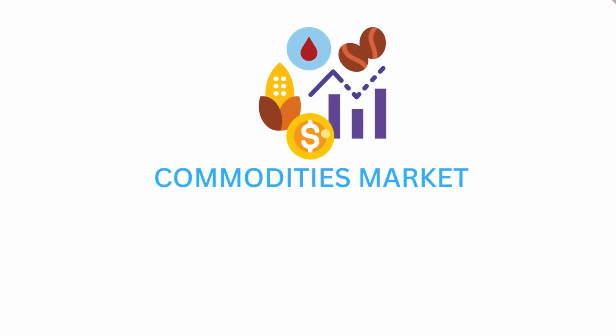Let's look now at the commodities market. The commodities market is where raw materials and natural resources are bought and sold. Those include things like metals, which can be gold and silver, and natural resources like coffee and corn. Commodities are very important because they affect the prices of everyday items. For example, if the oil price goes up, then you might observe an increase in gasoline prices, which can also make transportation more expensive. This eventually can lead to higher costs for goods and clothes,